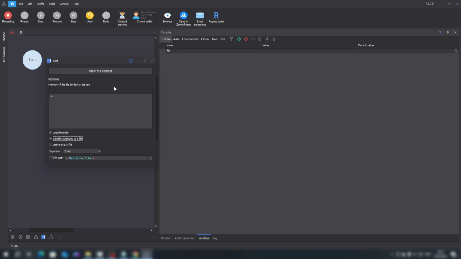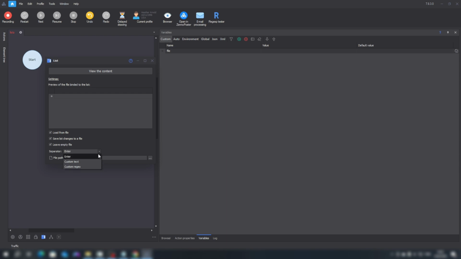But it may also happen that our list will be empty. And if everything is synchronized, then when this list becomes empty, our file will be deleted. To prevent this from happening, we check this box so that even if the file becomes empty, it is still saved and not deleted. Let's move on to the delimiter. The delimiter is needed for the program to determine when to start a new line in the list. By default, it's a new line, just like in our file, so we leave it unchanged. We can use some special delimiter of our own or even regular expressions.